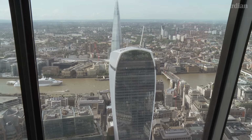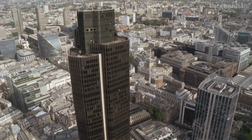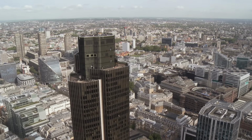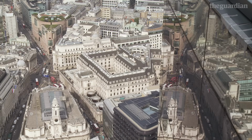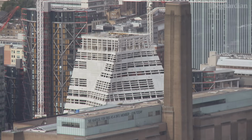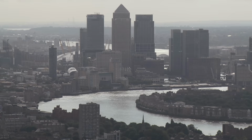Views this good would have been unthinkable when Lloyd's was built. For years, nothing could be taller than the 42-storey NatWest Tower. But since the millennium, pressure has grown to intensify the use of expensive land in the city, and skyscrapers have risen higher and higher. I think there's nothing more depressing than going somewhere that you remembered as being very beautiful,